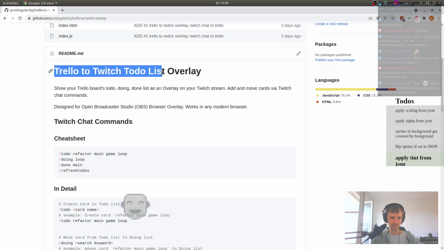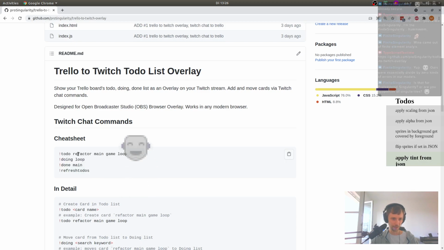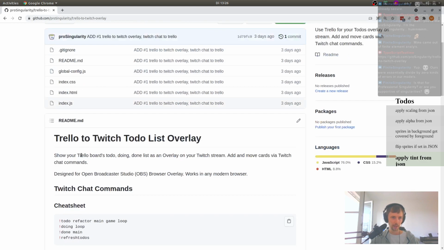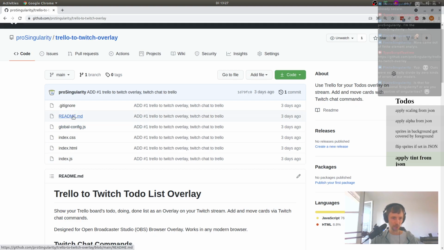Yeah, so this is the overlay. We essentially have all of these commands, and it's pure. Seriously, it's pure JavaScript, which I usually don't write, but in this case I was like,